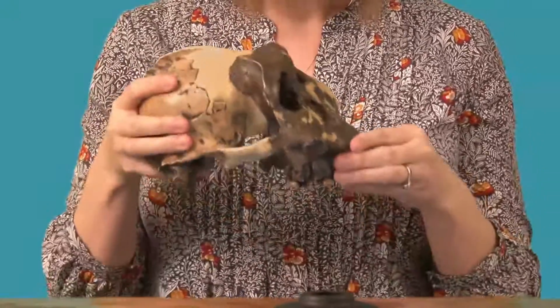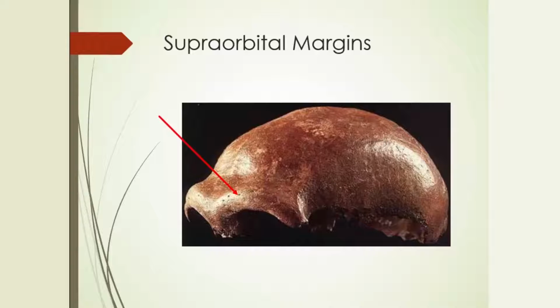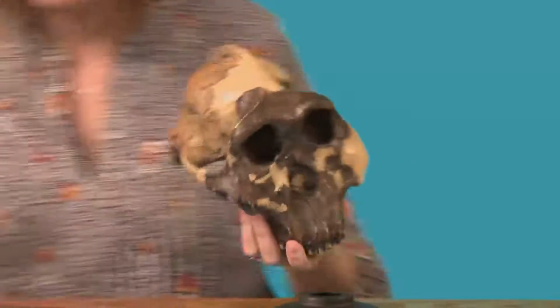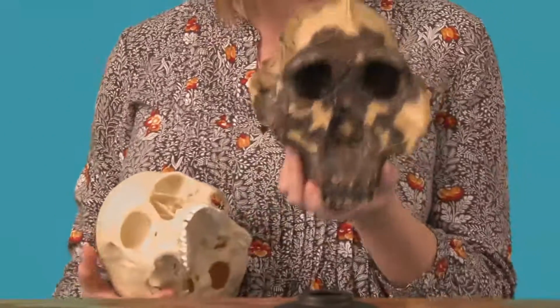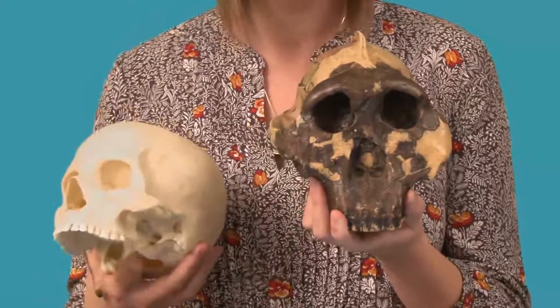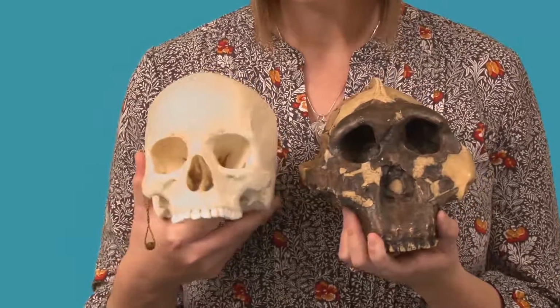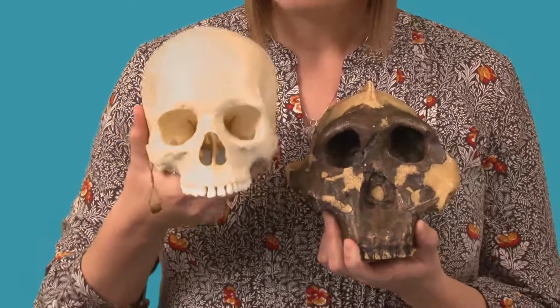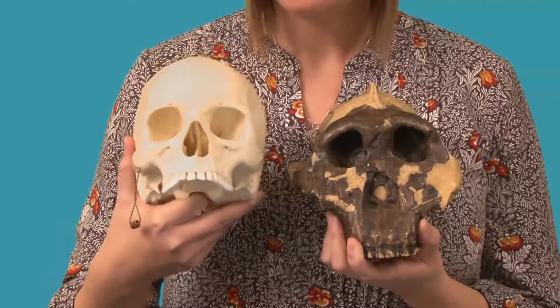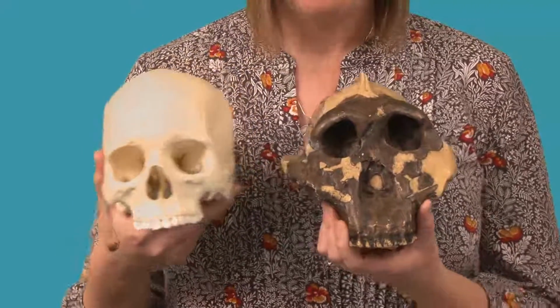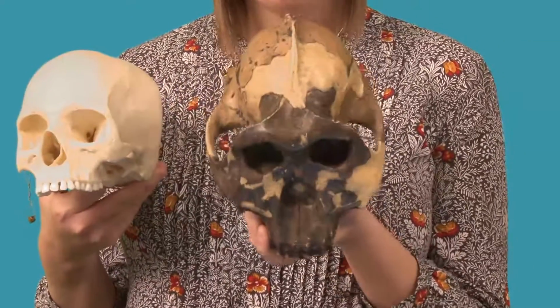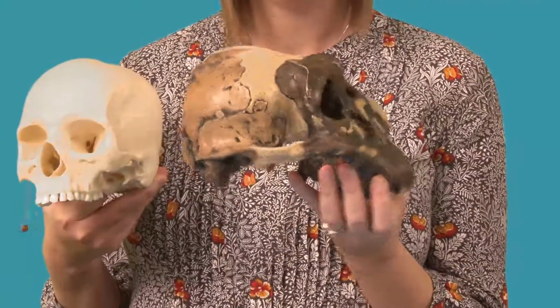In hominid skulls, those that have small brains and larger faces, larger jaws, you're typically going to see this area be more robust or thicker. To give you a comparison, this is Australopithecus boisei, which you'll be introduced to in a few weeks, and this is a human skull. If you look at the supraorbital margins, we would say that humans have absent supraorbital margins. There's not much thickened area of bone above the orbits, while Australopithecus boisei has pretty robust and thick supraorbital margins.